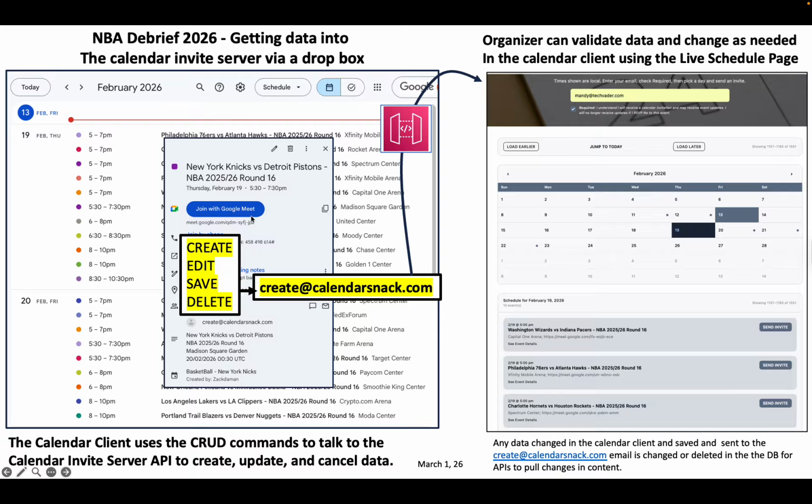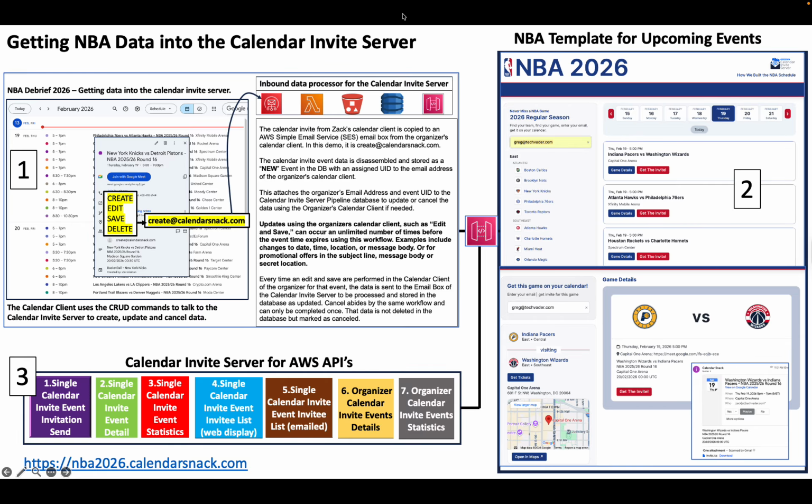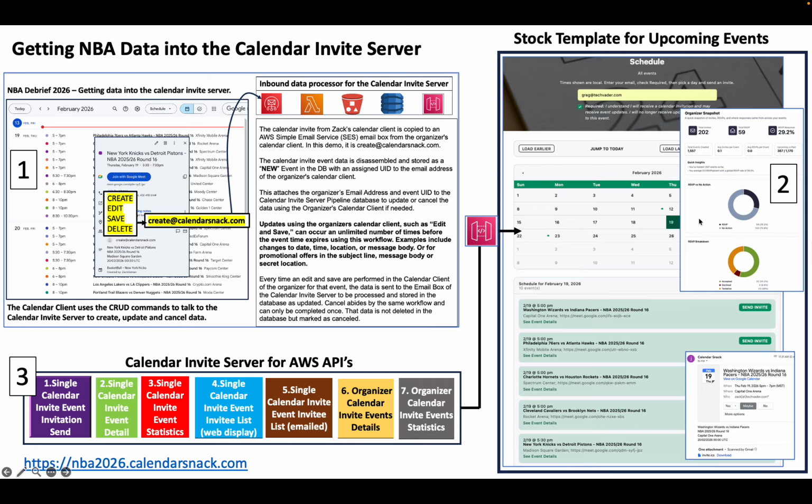Essentially, the calendar client is the CRUD engine. It creates, reads, updates, and deletes data using the API gateway, and that data is piped into these landing pages which you share. So from a big picture standpoint, I got data into the NBA pages, MLB, and NFL pages by simply using this same construction set. This construction set is an inbound data processor to take the data off of any calendar, be it Outlook or Google, pipes the data in, and we visualize these pages and we track all that data for updating.